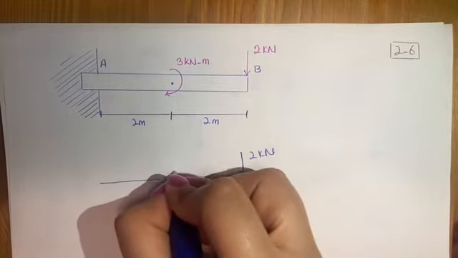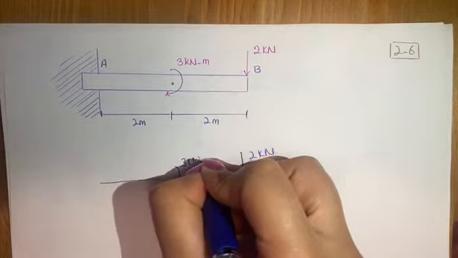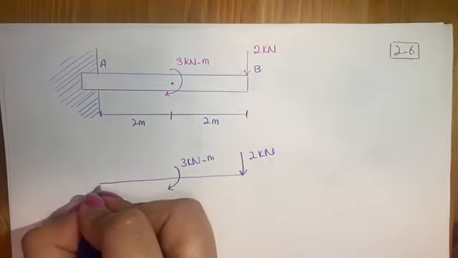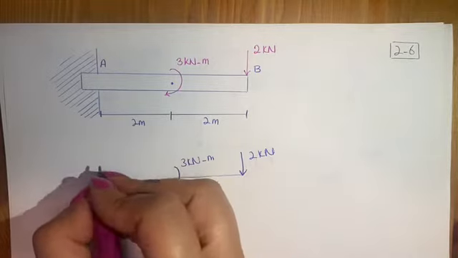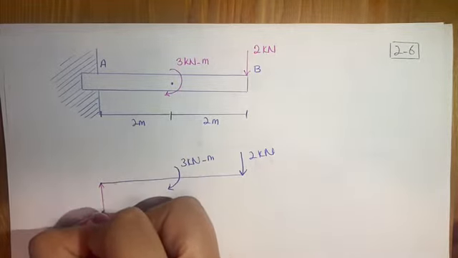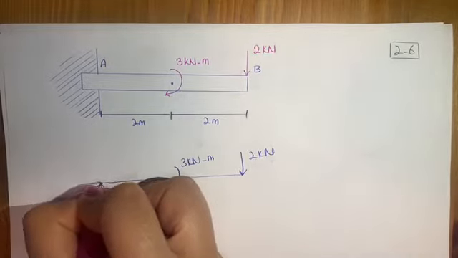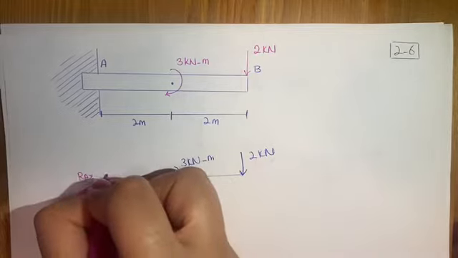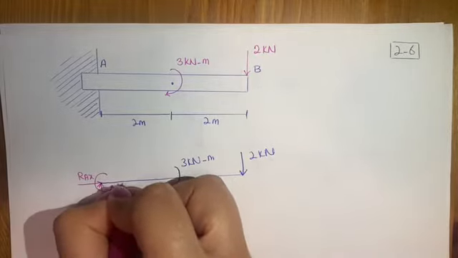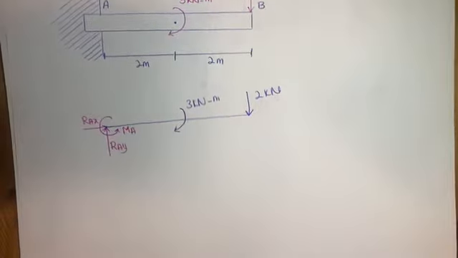You have a concentrated moment here, 3 kilonewton meter. And at this point, you have 3 reaction forces, RAY, RAX, and a moment MA. So to calculate all the components,